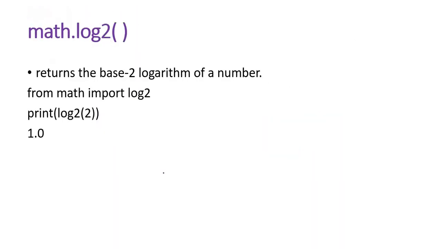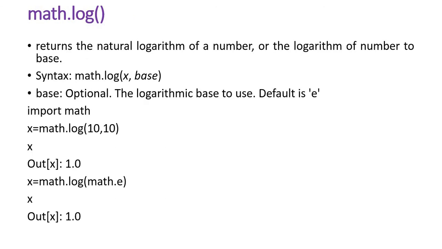For other logarithms in information theory, we will be using this log base 2. The unit of information, entropy, all those things will use log base 2. Then the general log function, you can go for any base. So this is the syntax: log, the value, then the base. If you don't specify any base, it will take e. It will give the natural logarithm. If you don't specify anything, it will give the natural logarithm.